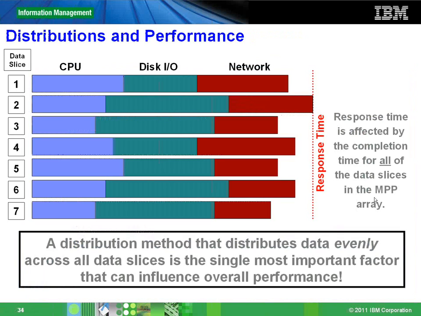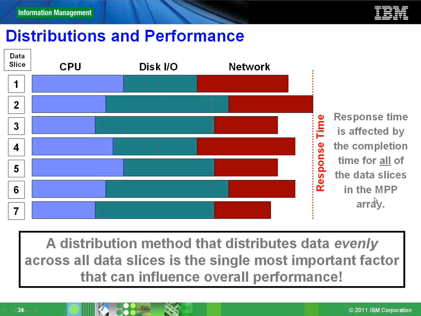So this is how distribution affects performance, right? The example taken here has only 7 data slices, but typically in Netezza you'll have at least 92 data slices. Let's say you execute a query, and data has to be fetched from all these 7 data slices. Your response time is determined by the time taken by the slowest blade to extract data from its disk.